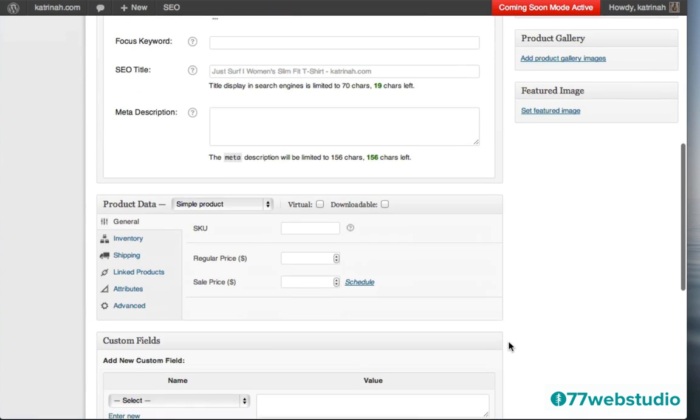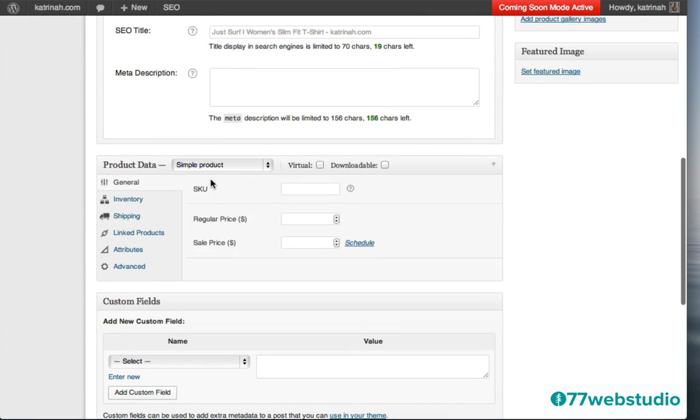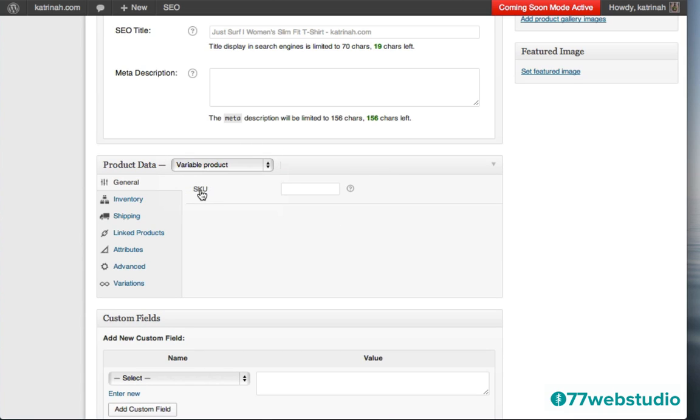So once we have our product title, our description, our category selected, and some of our tags added, I want to scroll down, and here in the product data section, once again, this time instead of having a simple product, I actually want to create a variable product. So I just click in this box here, and you can see there's a number of different product types you can choose, and this time I'm going to choose the variable product by clicking on variable product.